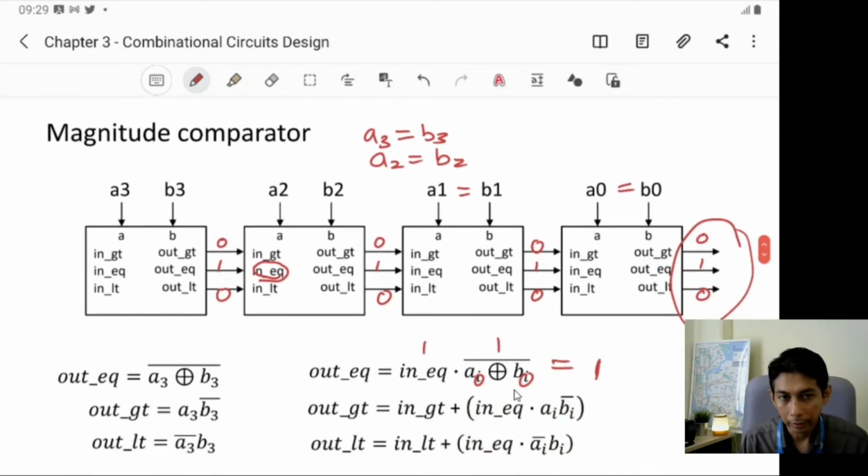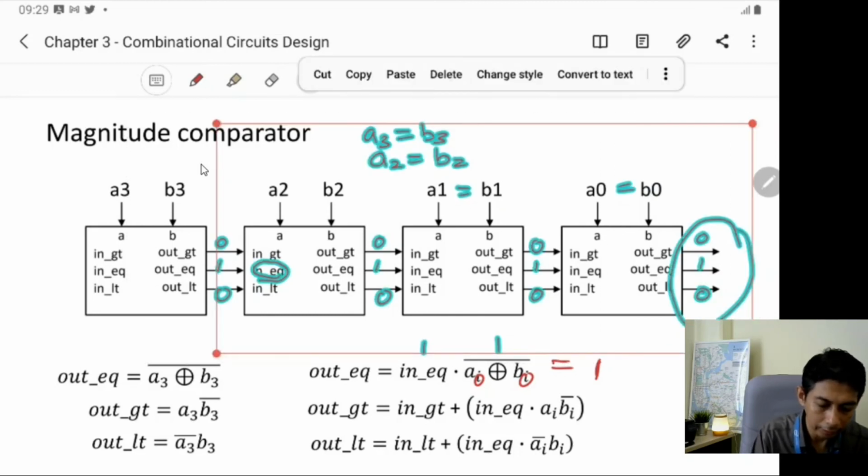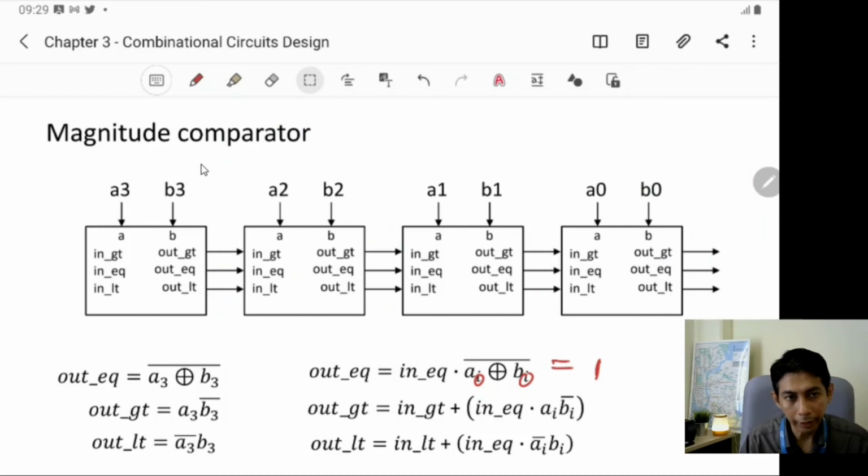Okay, I repeat again. Let's, for example, we want to check a 4-bit number, right? A and B. A is 4-bit, B is 4-bit. And let's assume in the first case that A is actually equal to B. And what happens inside? So remember, in hardware, we need to check bit by bit.